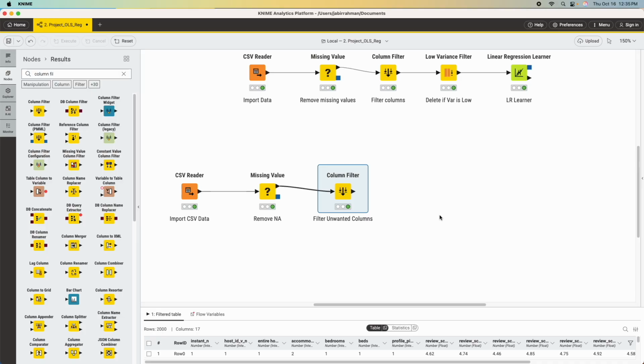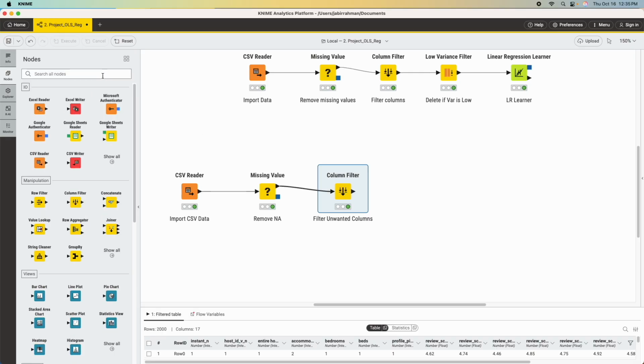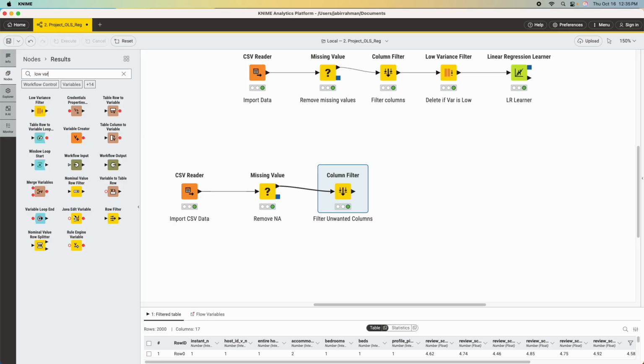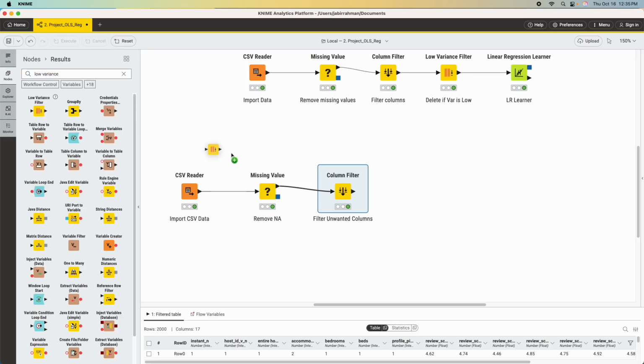All right, so what is the next step? Let's get rid of any column that doesn't have any variance. So what it means is, let's say that you have a column where all the values for every single row are the same. Let's say the column says superhost, and all the rows are either 1 or 0. That means there is no variance, no difference. So it doesn't really matter in our model, in our regression, because there is no difference there, right? So you can get rid of that column based on the low variance filter. So search for low variance filter, drag it here,